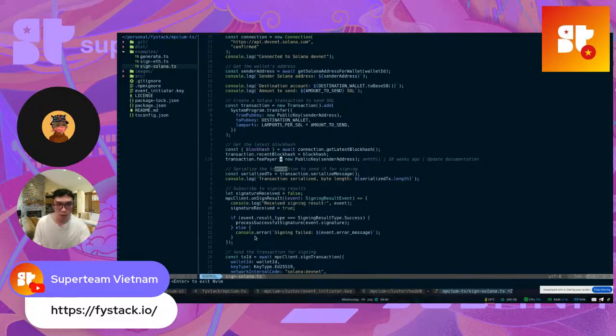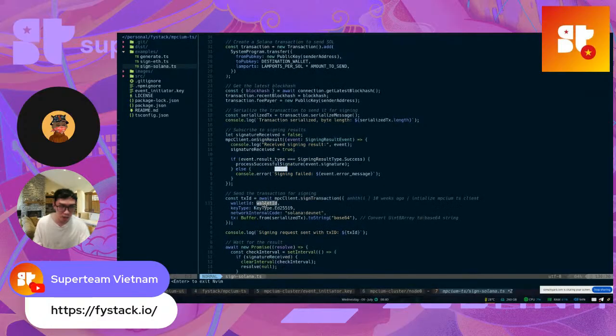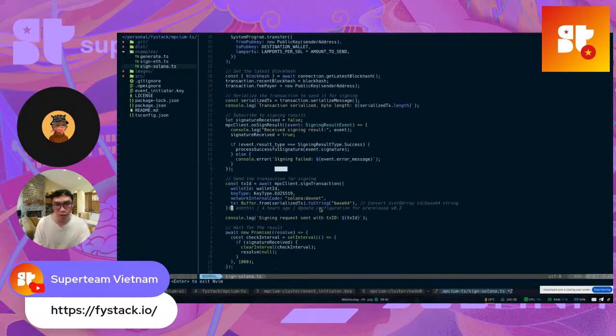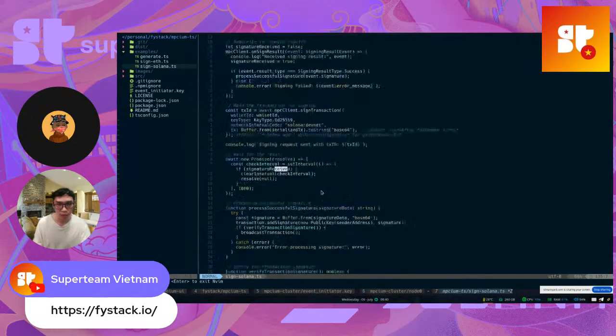I need to register the on-site result first, and also I need to call a function sign transaction, and provide a wallet ID and the key type. For Solana it's the Edwards curve, so it's ed25519, and we provide a text which is the binary of the transaction. So we call sign transaction, and after that,